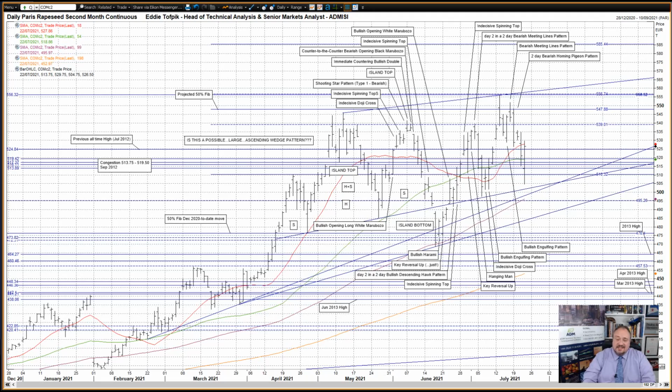What I can say is the neckline, currently 501 3/4, is very supportive as an uptrend. We've had 5 touches so far, if you exclude, obviously, the island bottom that broke through below it back in mid-June. We are currently over it, but prices have recently been capped by the projected 50% Fibonacci line at 548 even on a closing basis. So what can I see looking